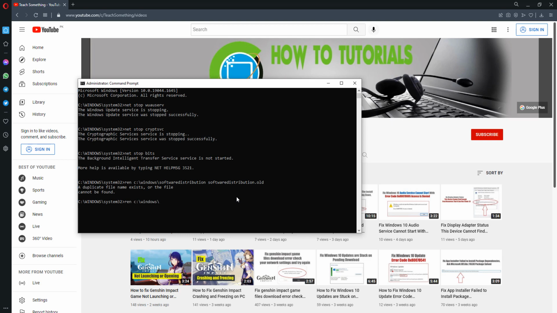Windows\System32\catroot2 catroot2.old and press enter. After doing this, type the command net start